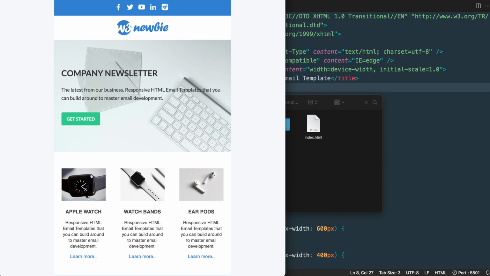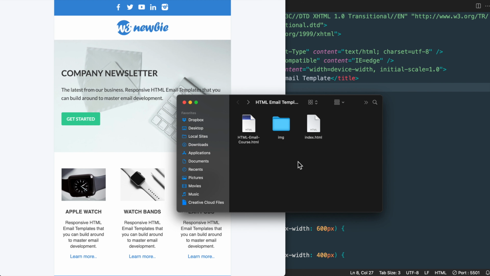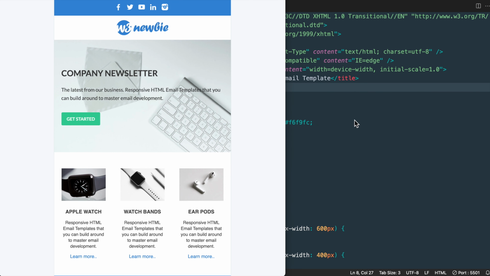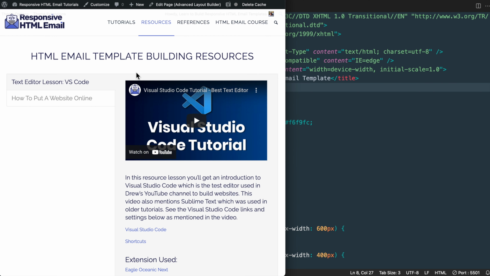So back to the starter files that I'll have a link to in the video description, I'm going to open up index.html in my text editor, which, as I mentioned, is Visual Studio Code. And if you'd like to learn more about it, you can go to responsivehtmlemail.com and then the resources page, where you can see all of the extensions and links to get set up